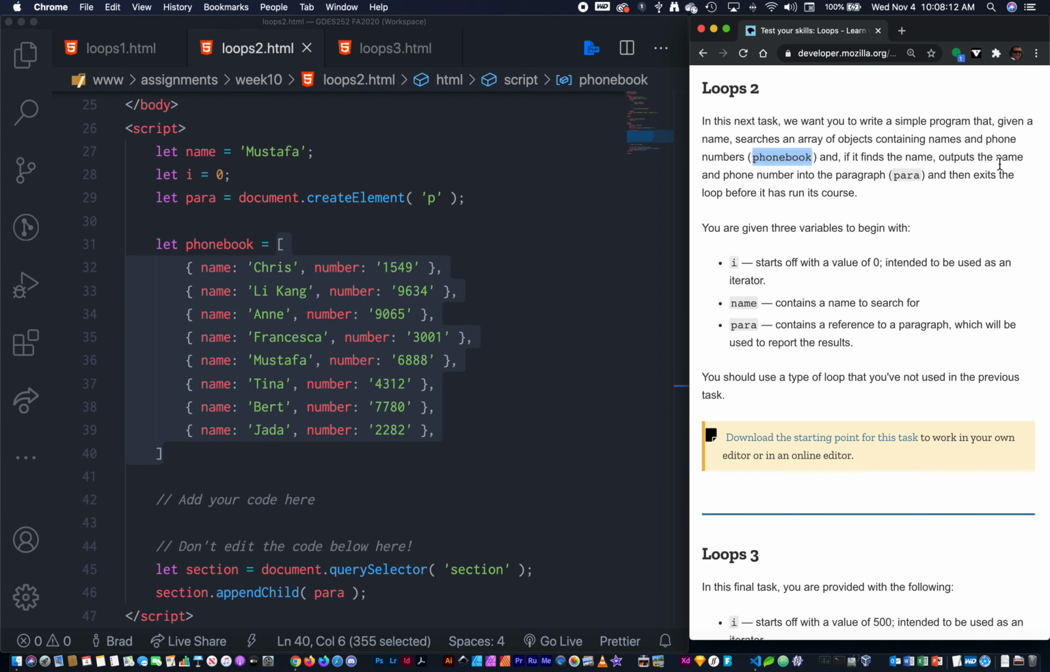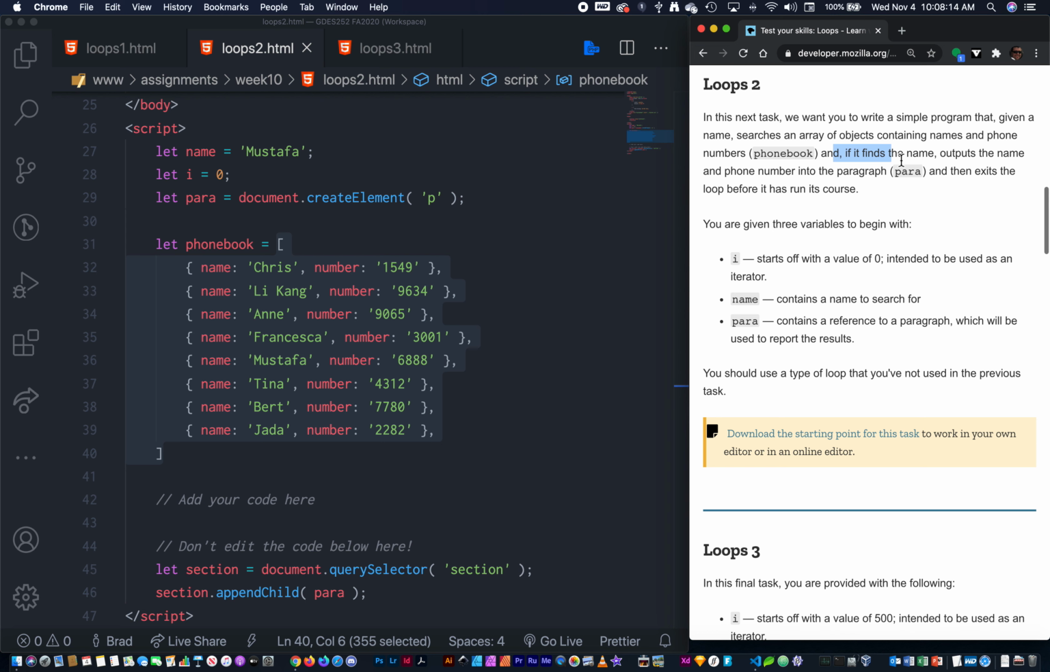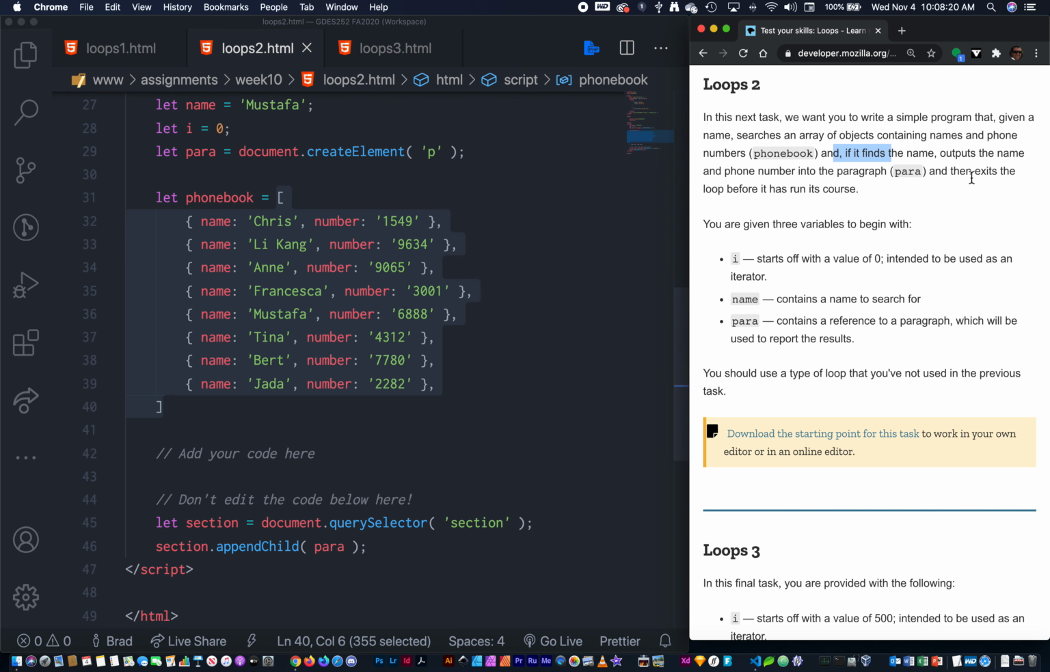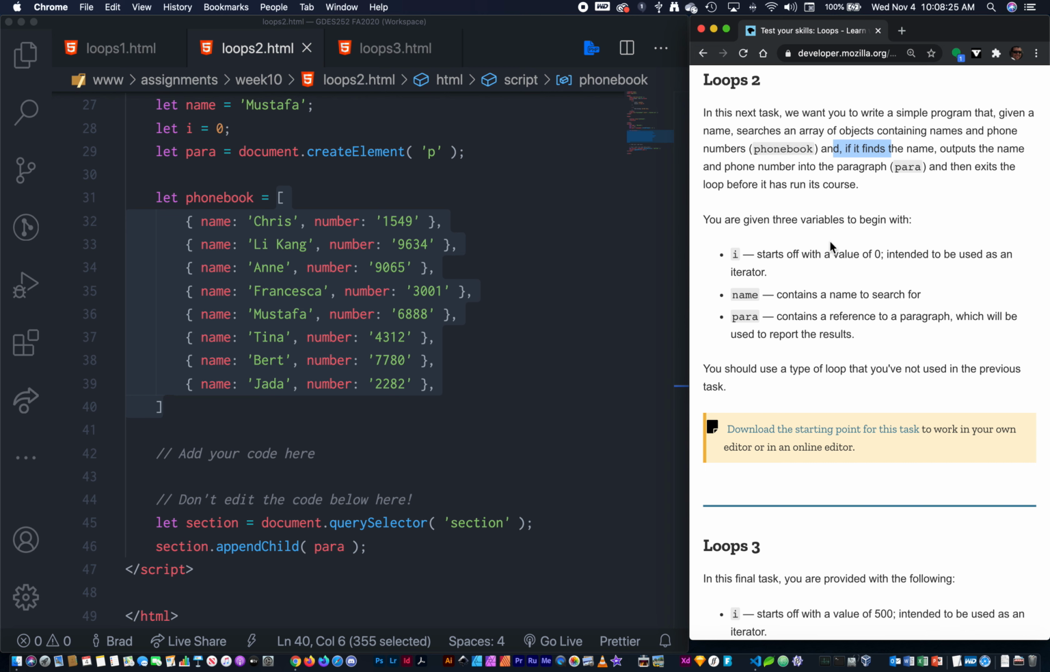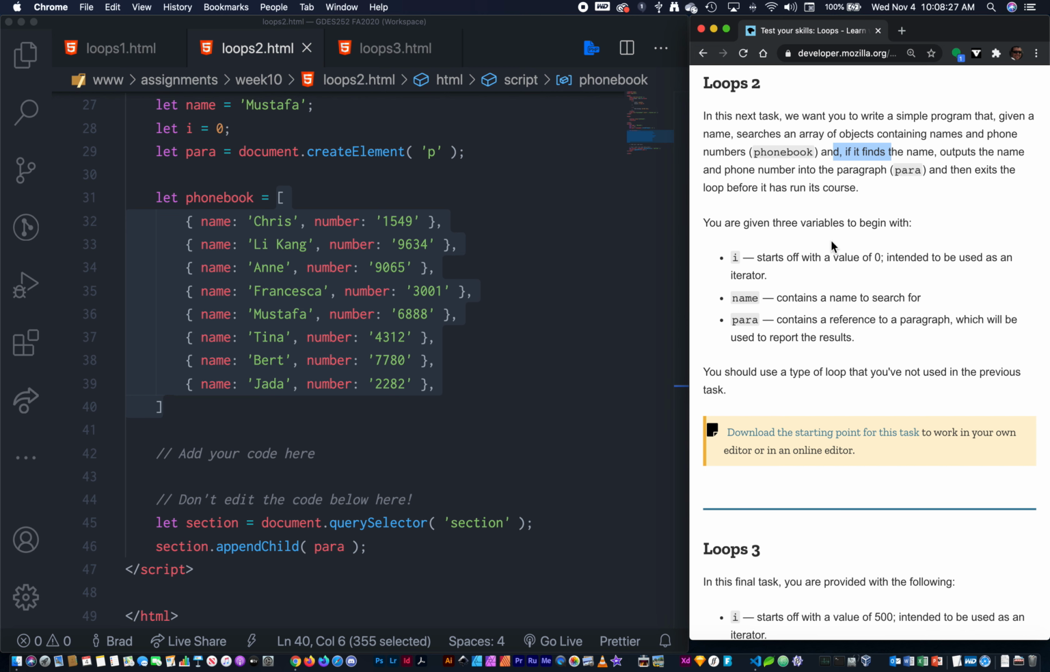And then if it finds the name, so notice it says if, so we're going to have an if statement in this one. It outputs the name and phone number into the paragraph, and then exits the loop before it finishes all of its iterations. So as soon as it finds the first match, we want it to stop. So our code that we're going to add here